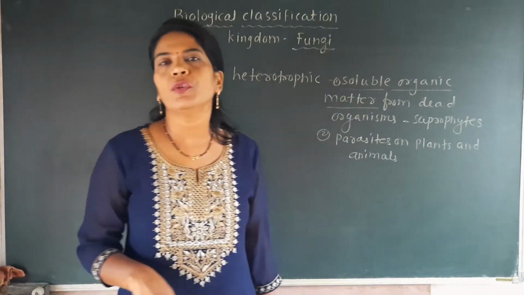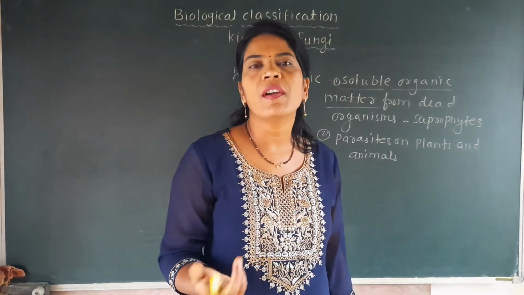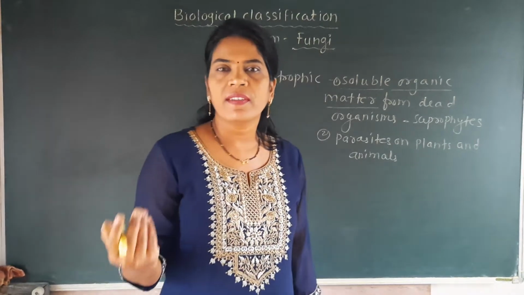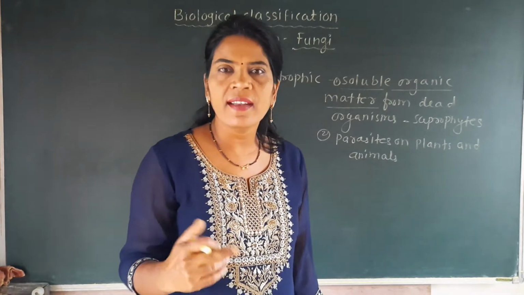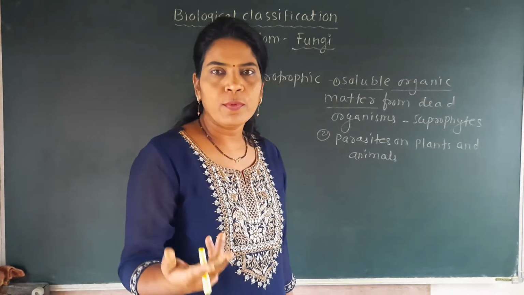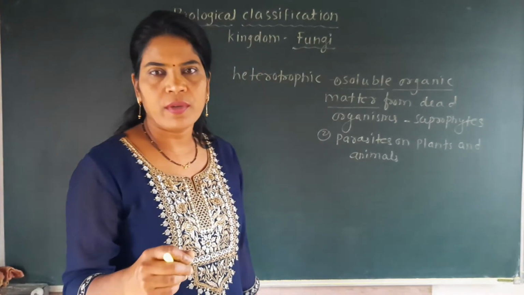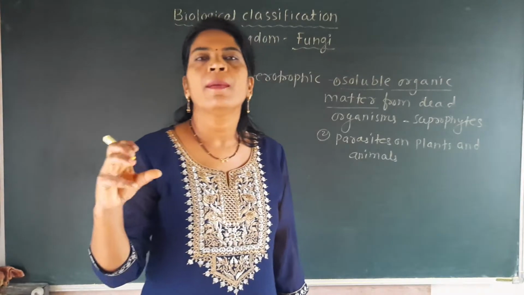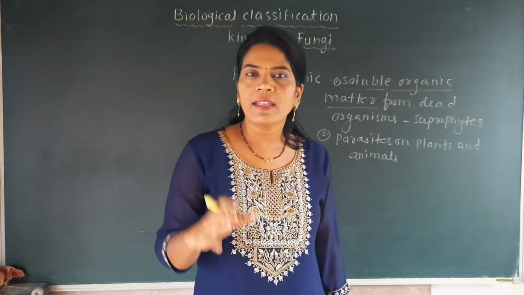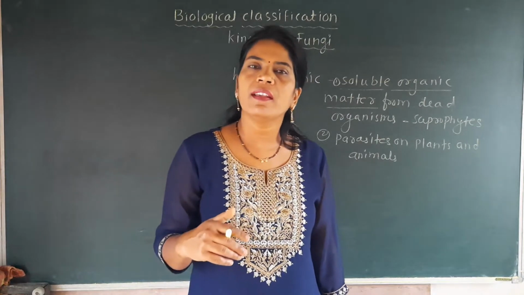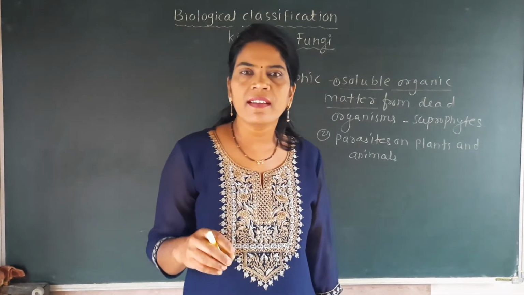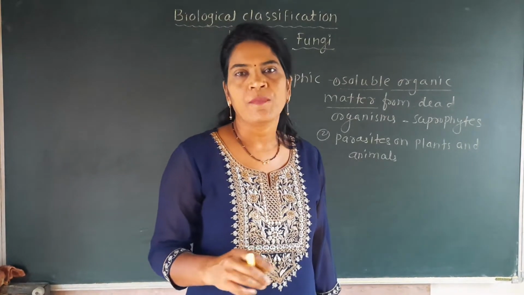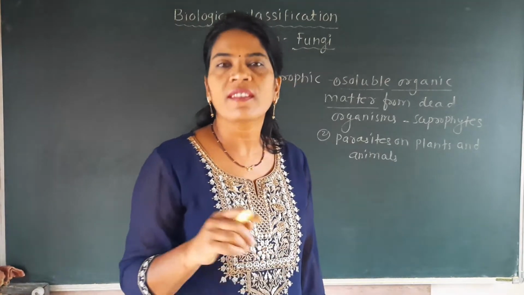If we take the example of the human being, you will find various types of fungal diseases in the body. The fungal infection may occur on our skin, on our nail, on our hair. That is the parasitic fungi. In the starting of this lecture we have seen that a moist and humid place is the favorite place for fungi. When they get this moist area, they will spread and establish there. So if our skin remains moist many times, then fungal infection occurs on our skin. Itching will be there, or there will be some red spots.